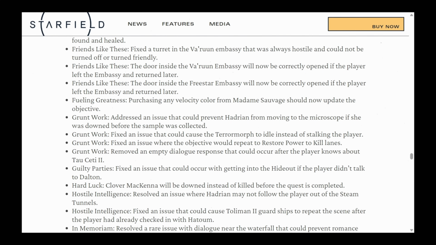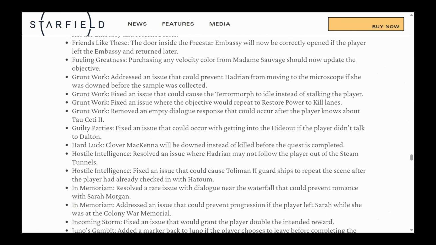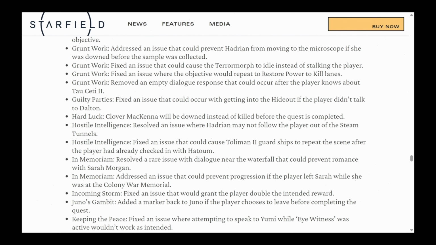Guilty Parties fixed an issue that could occur when getting into the hideout if the player didn't talk to Dalton. Hard Luck, Clover McKenna will now be down instead of killed before the quest is completed. Hostile Intelligence resolved an issue where Hadrian may not follow the player out of the steam tunnels. Fixed an issue that could cause Ptolemy 2 guard ships to repeat the scene after the player had already